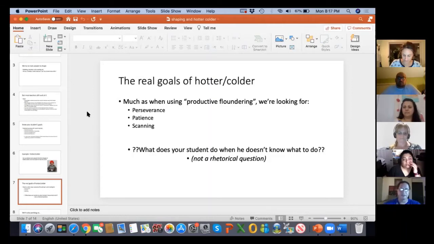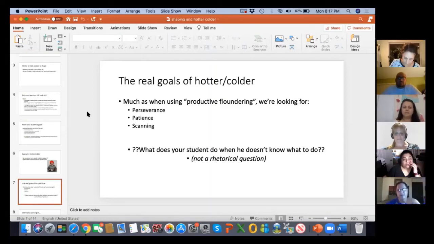Some of our kids, you can't really start teaching hot or colder with a kid who won't tolerate a 3 or 5 second delay in getting a reinforcer, right? Because it takes longer than that to find it most of the time. So that's something that we're trying to work on expanding even further with the game, and looking at scanning, like I said, all the 3-dimensional plane.